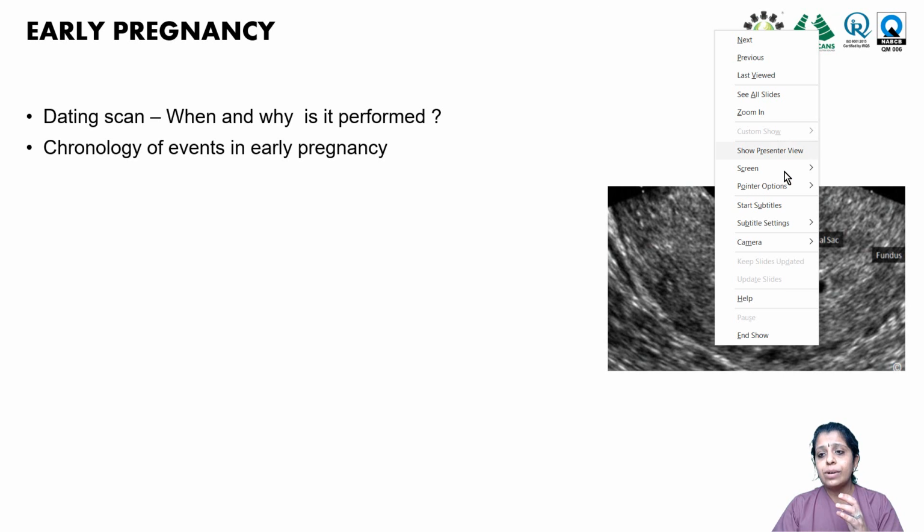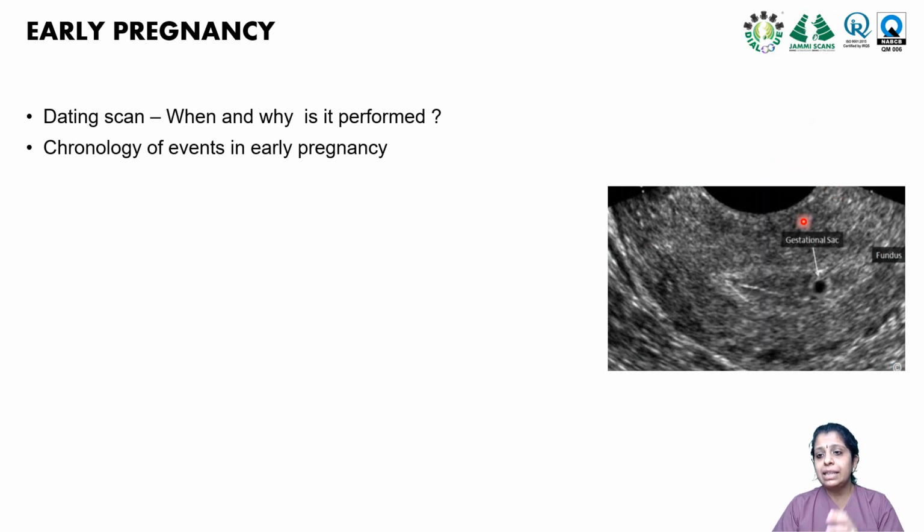So as you can see over here, the gestational sac, which is seen right in the middle of the cavity with a good amount of decidual reaction, where the pointer is showing is the proper location of the gestational sac as a single intrauterine gestational sac, where you also have to see not just the location, but the amount of decidual reaction, that's the bright echogenic thing surrounding the sac, and number 3, the regularity of the sac margins. All these 3 things are very important when you perform an early pregnancy scan as early as 4 to 5